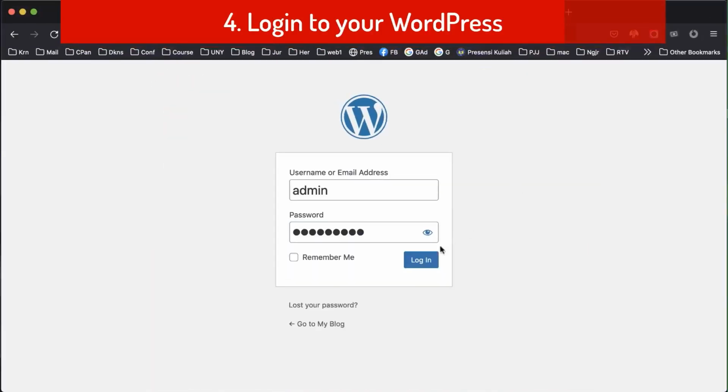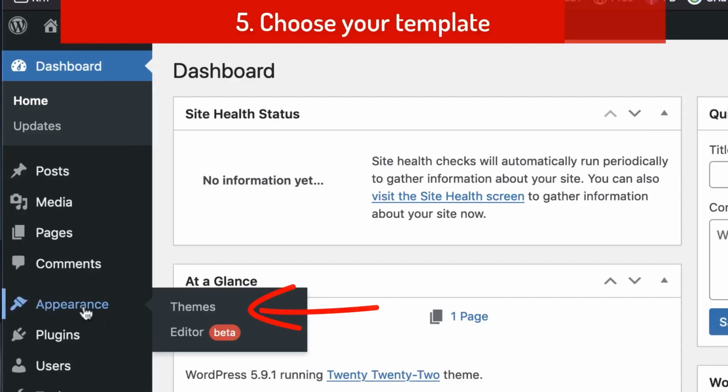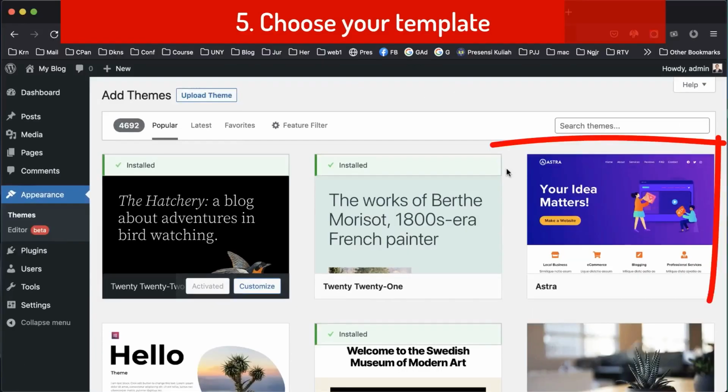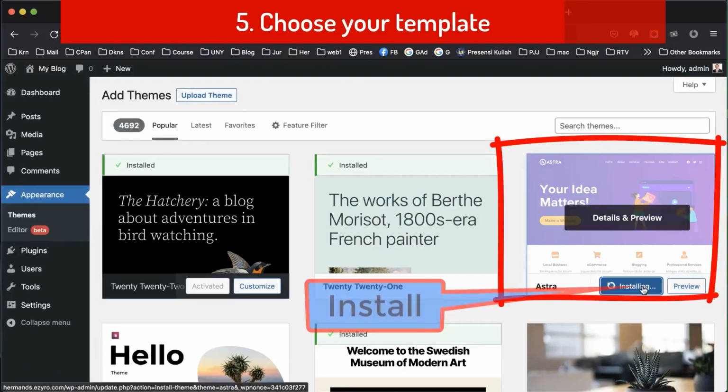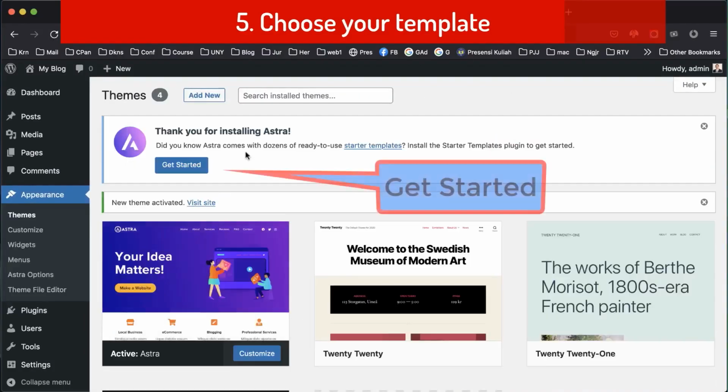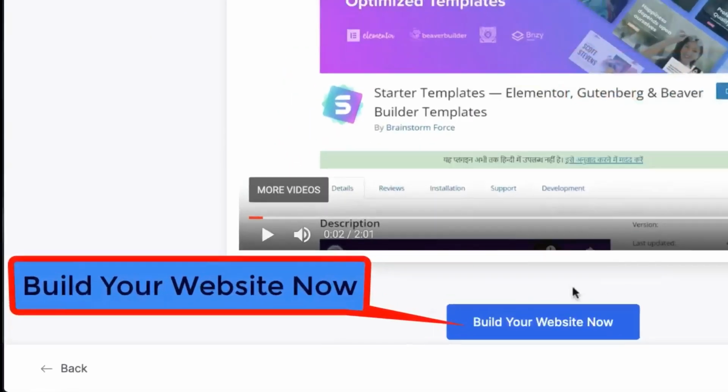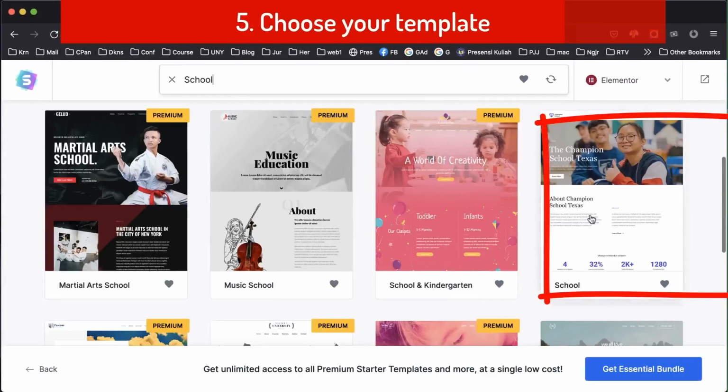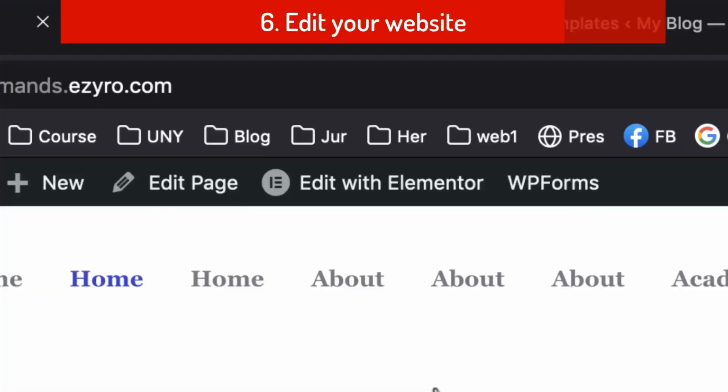Now, log into your WordPress and enter Dashboard. Click Themes, Add New, choose a theme, Install, Activate, Get Started, Build your website now, and select Elementor. Choose a template and done. Then continue to edit your